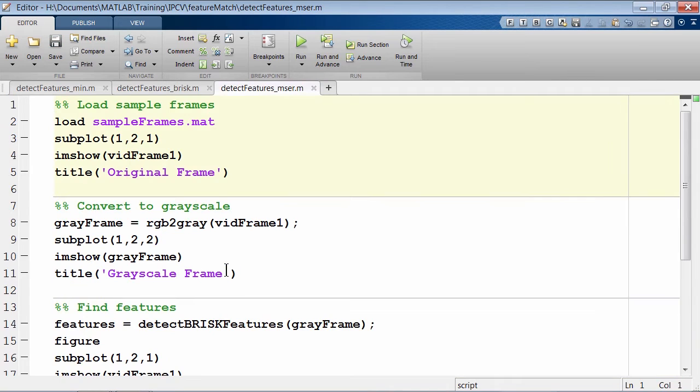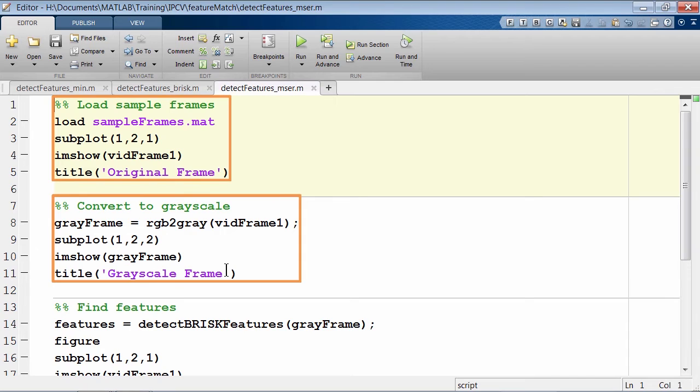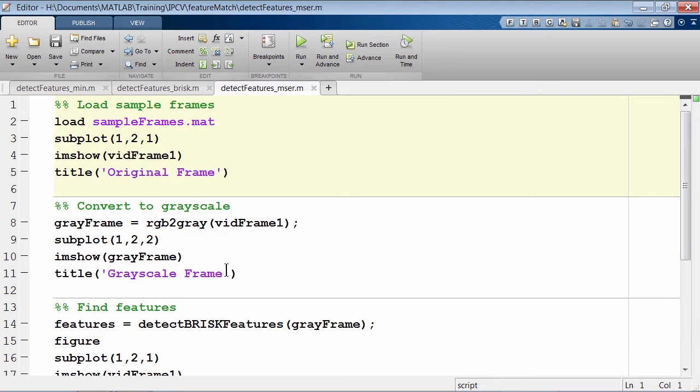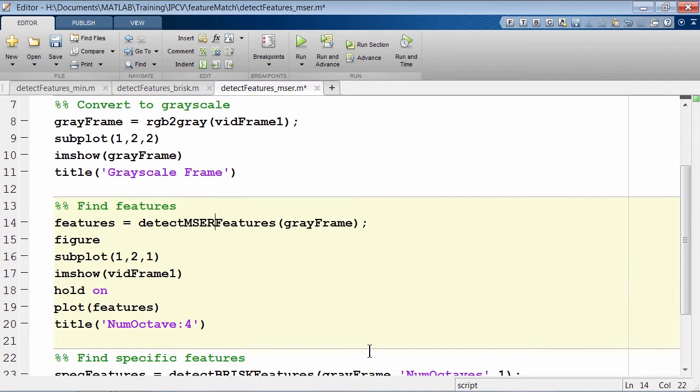Let's go back to the top here. We will leave the code here for loading frames and converting it to grayscale. To detect uniform intensity regions, we will use the detectMSERFeatures function. So here I can say, instead of detect BRISK features, detect MSER features. Again, this function also takes in a grayscale image as input. The output of the MSER features function can also be plotted using the plot function here. Let's go ahead and rename this title here to all features. And then go ahead and run this section here